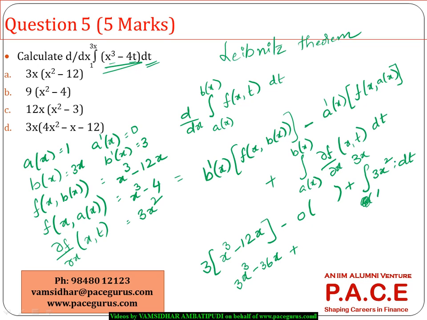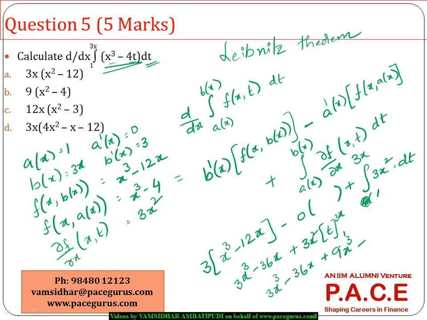And 3x squared, when I am differentiating with respect to t, not with respect to x, so 3x squared is a constant. So 3x squared into t integrated between 3x and 1. So overall it comes out as 3x cube minus 36x plus 3x squared into 3x, which is 9x cube